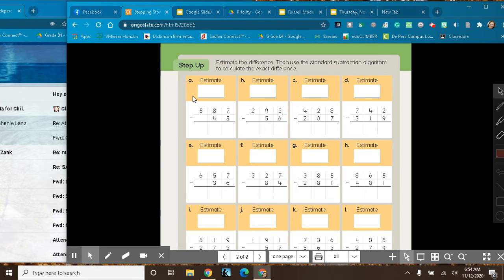Estimate the difference, and then use the standard subtraction algorithm to calculate the exact difference. All right, so this wants you to first estimate. So if you round to the nearest tens, that might be a good place to start with this page. So if you round 587 to the nearest tens, let's say you round it to 590. So let's write that down. I wish that there was more space to do your math. So if we estimate that this is 590 and we estimate that this is 50,